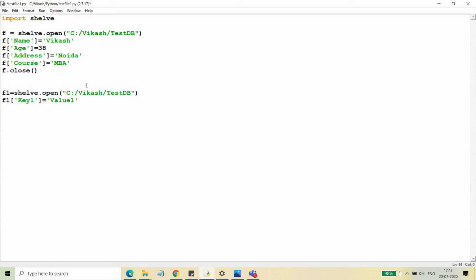Then what will happen if I print now? I want to print all the keys now. Suppose I add one more key, f1 key, sorry, key 2, and here I give the value 2. That's it. And now I want to print everything, for key in f1, and I want to print all the keys. I'm just printing the keys right now, right?